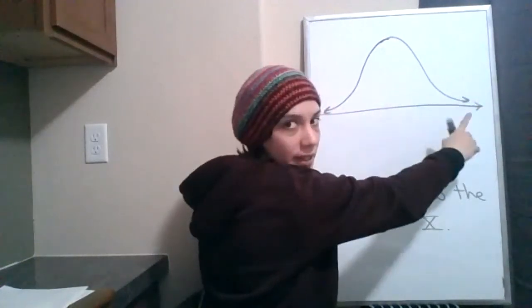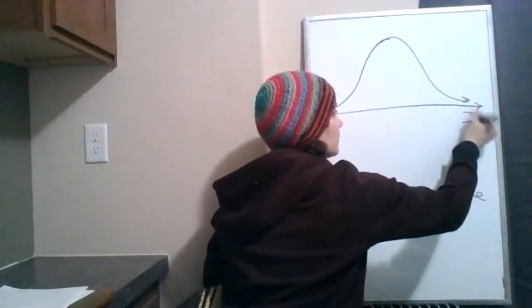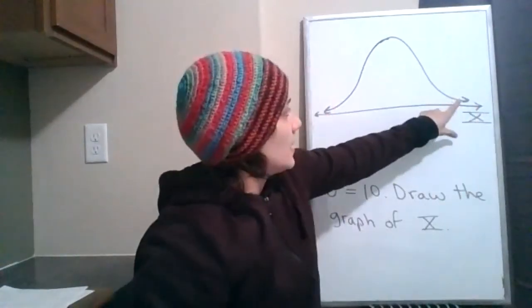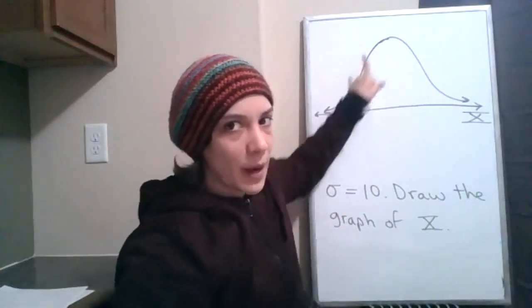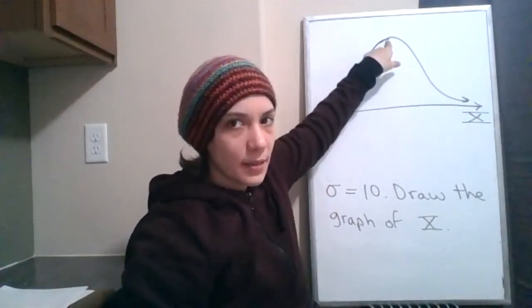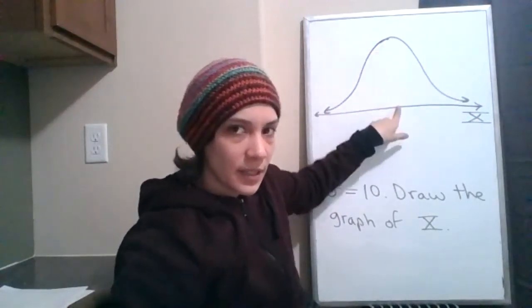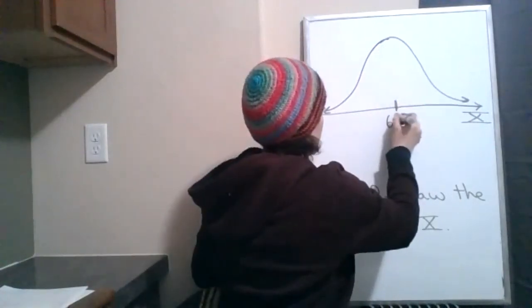This horizontal line is a number line for x. This is the distribution for x. This is giving us all of the probabilities for the variable. So that is the probability distribution centered at the mean, 65,